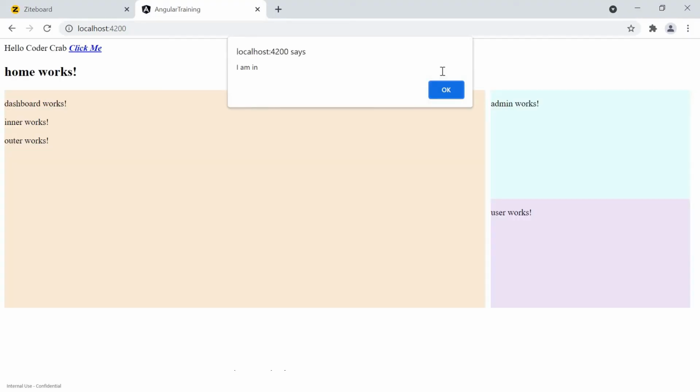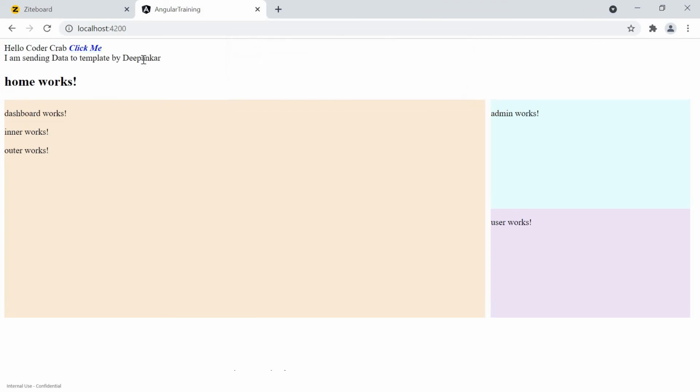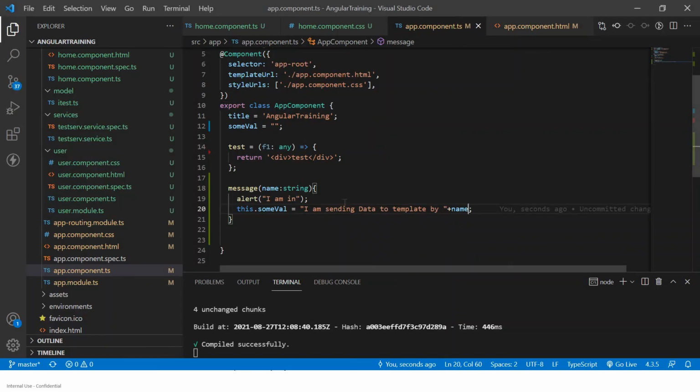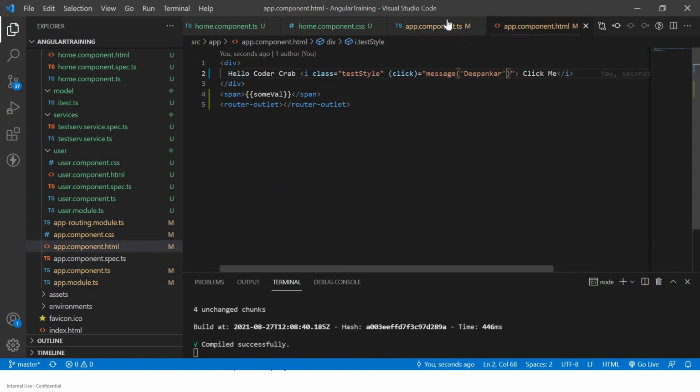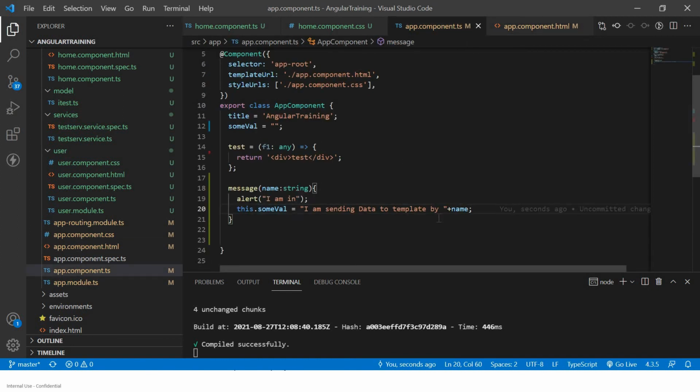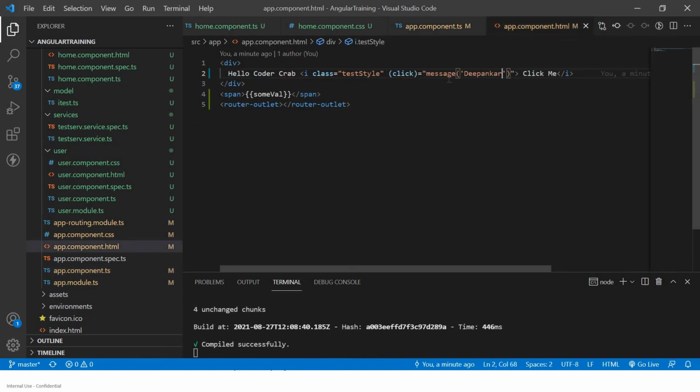Okay, so now let's see this. If I click on this, you can see as it is alert, then you can see this name, right? So the template has sent this data to the TS file, and this TS file has appended it with some other data. Let's say this data is coming from another API, and it does some operations, business logic, some manipulation, and it is sending back the data to the HTML. So this part which you are doing is property binding, and this part which you are doing is event binding. Okay, hope that's clear. If you have any questions, you can write comments on this video.